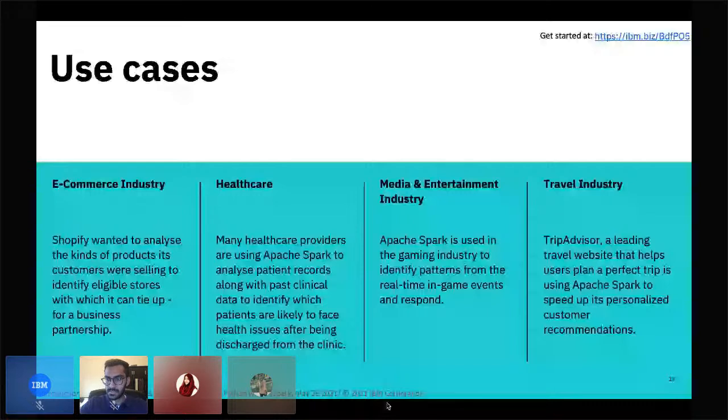Now moving on to some of the use cases in Apache Spark. So companies are using Apache Spark in the e-commerce industry. One of the common examples I can give is Shopify. Now, Shopify wanted to analyze the kind of products its customers were selling to identify eligible stores with which it can tie up for business partnership. So its data warehousing platform could not address this problem as it always kept timing out while running data mining queries on millions of records. So Shopify has processed 67 million records in minutes using Apache Spark and has successfully created a list of stores